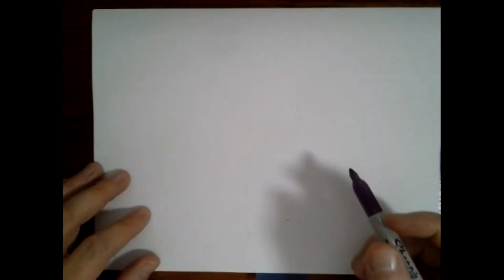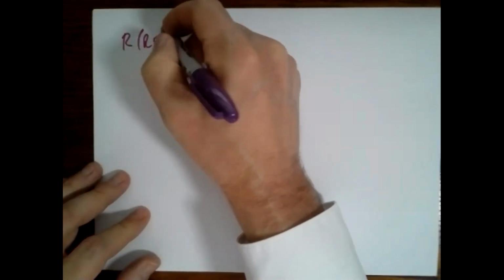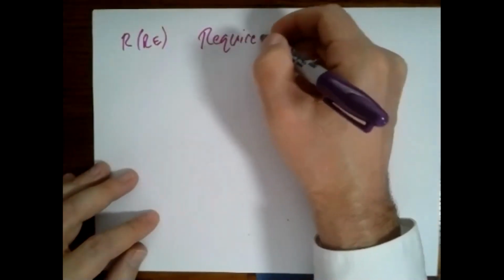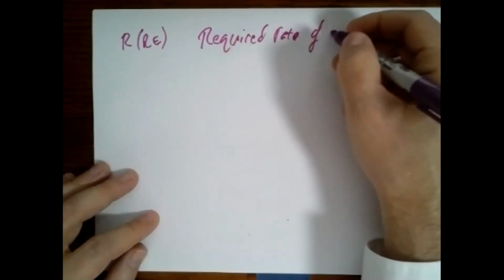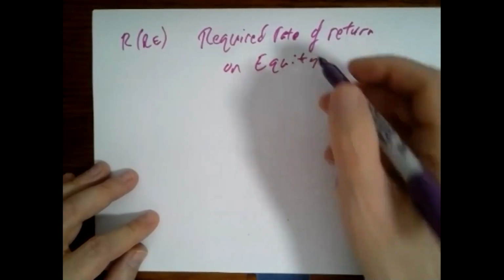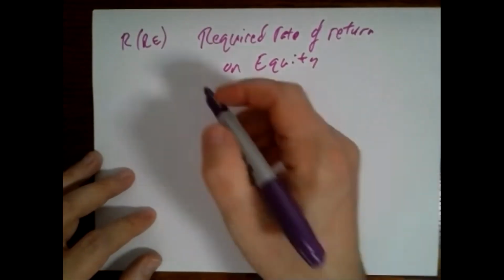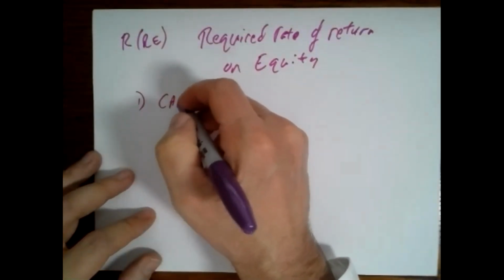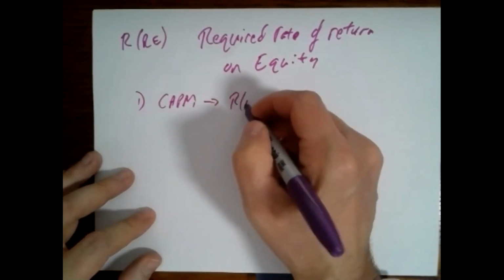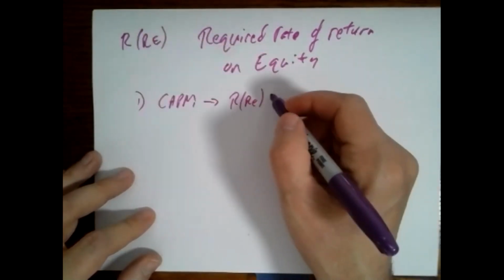Okay, so we're gonna talk about where this RRE comes from, right? And that's the required rate of return on equity. Now, you remember in the last two chapters, we've looked at a couple of different models. The first model that we looked at was CAPM, the capital asset pricing model, and we said the required rate of return on equity, and I'm going back and forth between using capital E and lowercase c, don't worry about it,